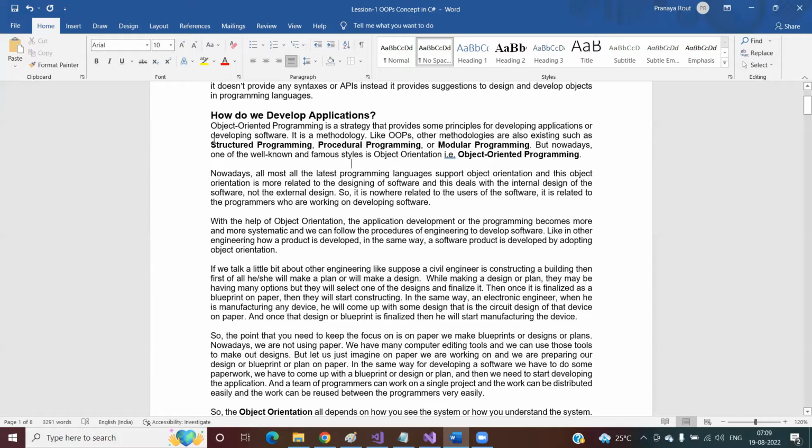So first of all, we need to understand why object-oriented programming, and what are the problems with modular or procedural programming, right? Nowadays, almost all the latest programming languages support object orientation. Object orientation means everything is based on objects. This object orientation is more related to the design of the software, and it deals with the internal design of the software, not the external. So nowadays, if you take any latest programming languages,